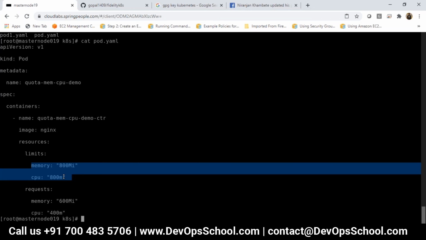How do you define more number of containers at one shot? Like we are creating just one container, right? I'll come to that multi-container application, I'll show you. This is just for quota management. The quota can be applied after the creation or during creation also. If you have the quota file ready, you can apply it, like here we are applying it in the command. There is no option to attach it directly while creating.